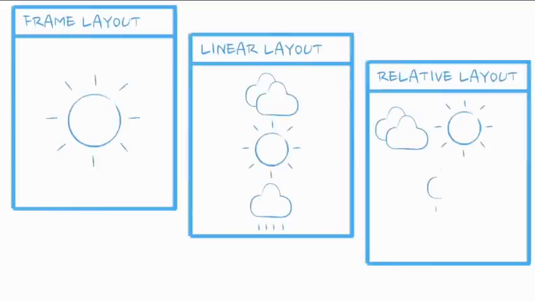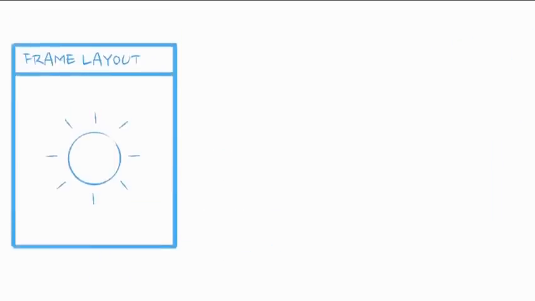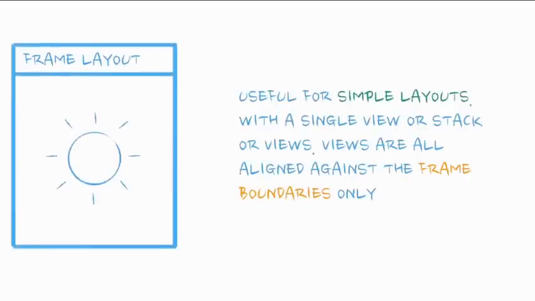Going back to what Reto said, frame layout, linear layout, and relative layout are three of the most common layouts you'll use in building out your UI. These all descend from the view group class, designed to contain and give order to child views. They each have their strengths, and you should always try to use the simplest layout that will get the job done. Frame layout is great for simple layouts when you only have one child view, like a list view that fills the entire content area.